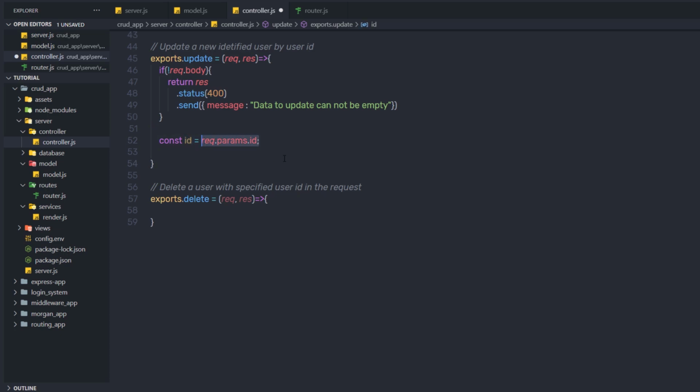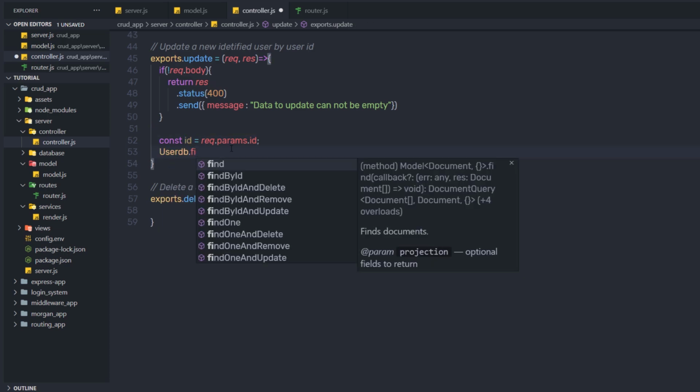So when I make a request with an ID value, the value is going to pass to this parameter object and to this ID variable. So I can get that value and store it in this ID variable. The second type of parameter is query parameters. I will show you how to work with query parameters after a few minutes. But just for now, once I have the URL parameter inside this ID, just down here I'm going to say